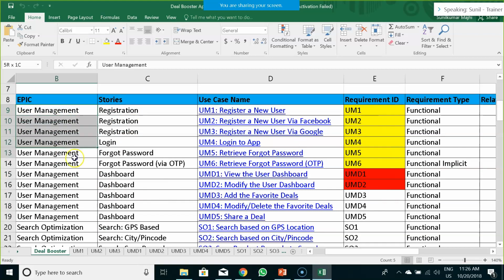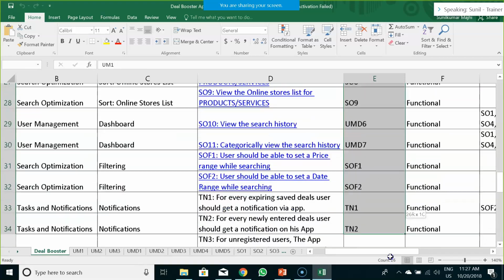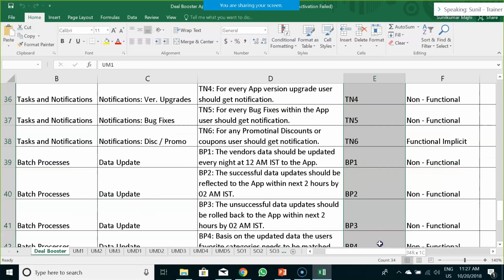In this user management module, we have registration functionality, login functionality, forgot password via OTP, and dashboard functionality. And these are its use cases. And these are my requirement IDs. So remember, requirement IDs are all unique in nature.